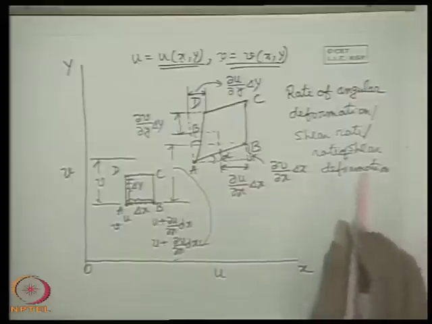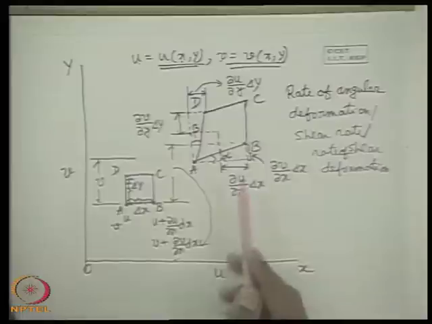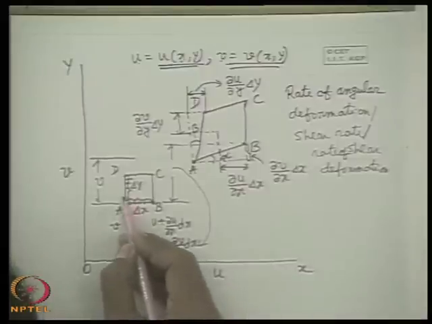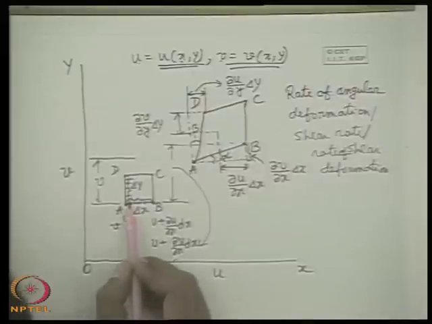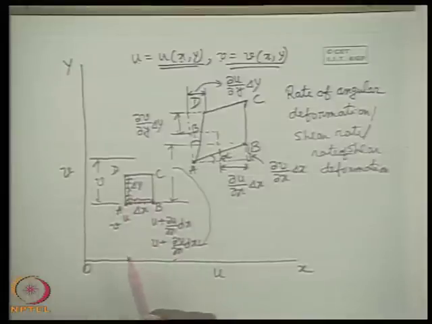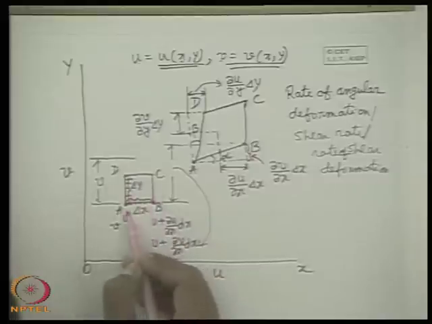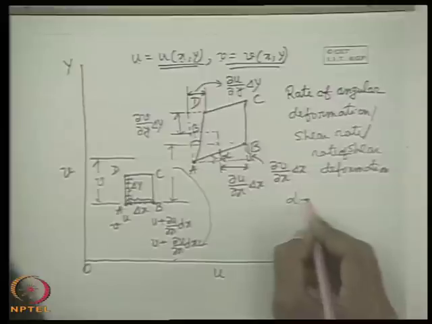How do you define? Definition is very important rather than the different terminology. Rate of angular deformation or shear deformation at any point is defined as the total rate of change in the total angle between two linear segments of a fluid element which were initially perpendicular. That means if we consider AB and AD two linear segments of a fluid element which were initially perpendicular, then per unit time the change in its angle is alpha plus beta.